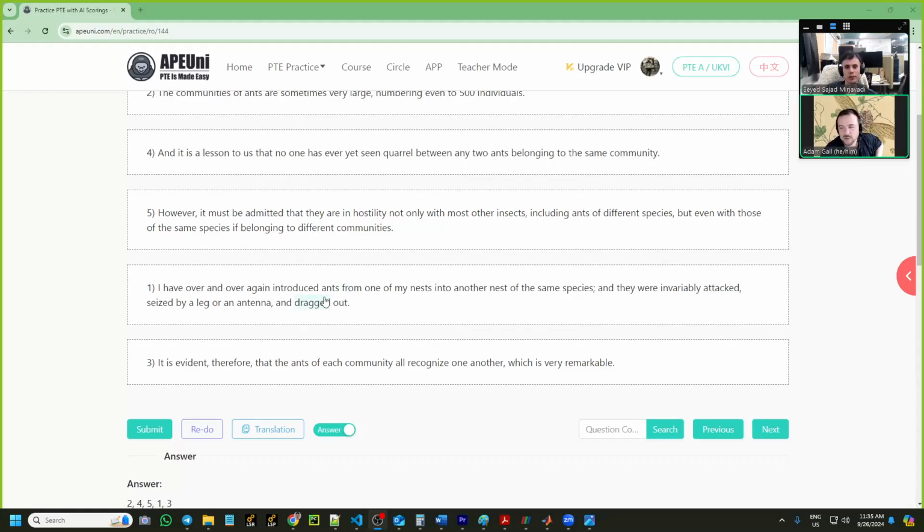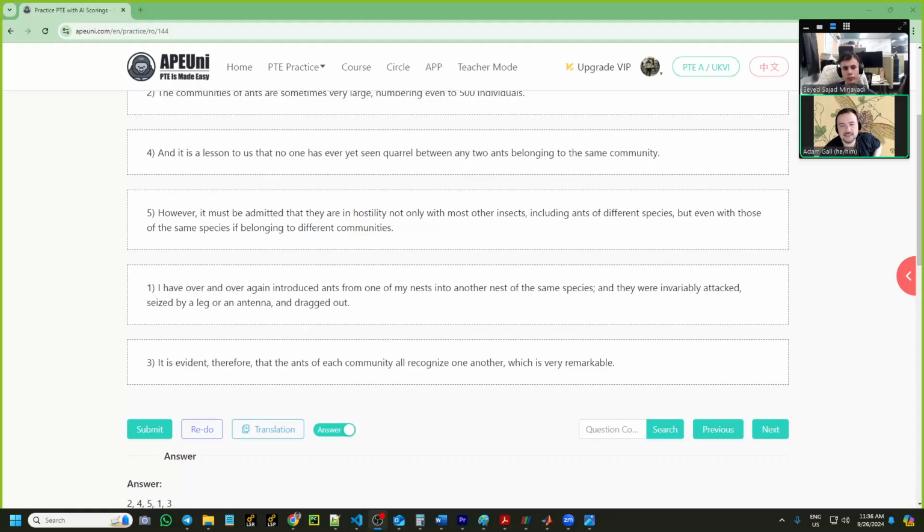This is obviously someone who, as a hobby or maybe as a science project, has ant nests in their home or in their lab. So some people keep bees. They have bee hives and they take the honey. Some people keep ants. They often keep them in glass containers so they can see the underground nest. They build their tunnels in there. So I think from this sentence, it's strongly implied that this person is an enthusiast who keeps ants